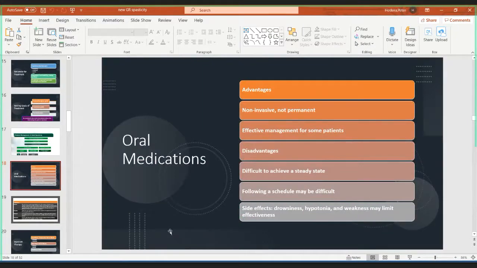So let's start with oral medications. What are the advantages? Of course, it's non-invasive, and it's not permanent. These medications usually have a half-life of about 8 hours. They can be effective for some patients, but the disadvantages are that it's difficult to achieve steady state, and also you may have